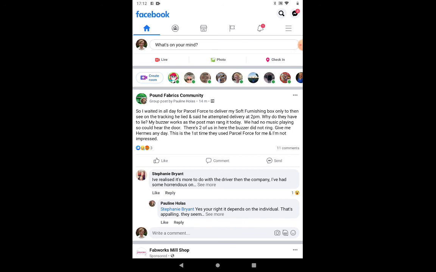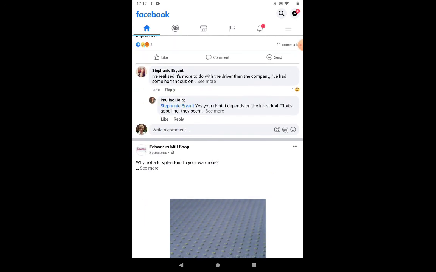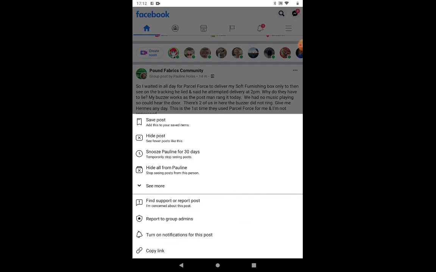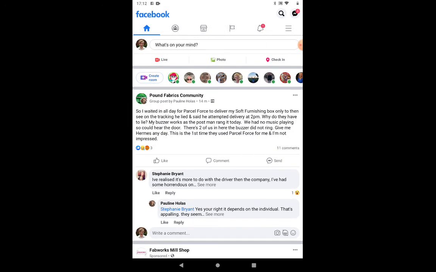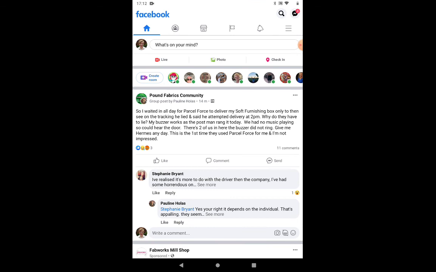So that's usually how you would get rid of a post, and you can tap on and edit it if you've made a mistake as well. On a post, you'll have an option on the three dots. It'll be different depending on what you've clicked on, but there will be an option to edit if you need to change something. So sorry, that's back to notifications in error.